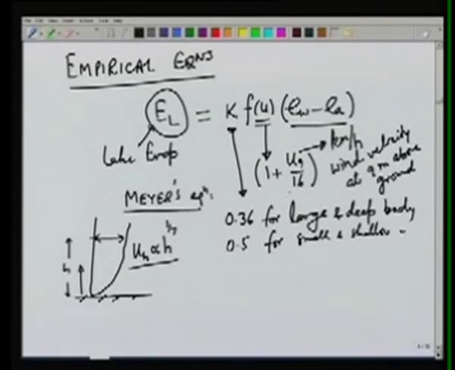This 16 comes in the original equation. This was 0.1, that means this was 10, but since we are converting miles per hour to kilometers per hour, this factor of 16 also comes there. So once we know what kind of water body it is, we know the K, we can measure the wind velocity.